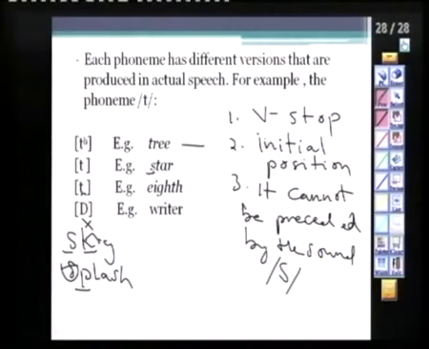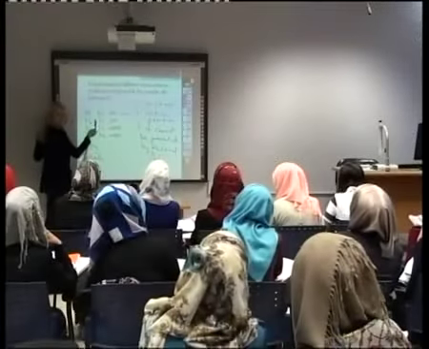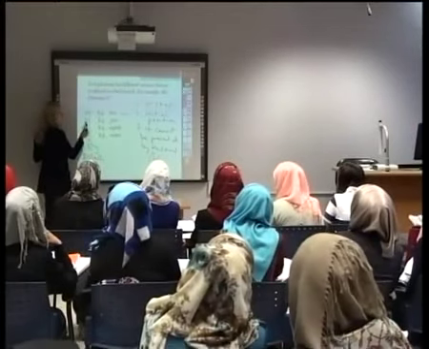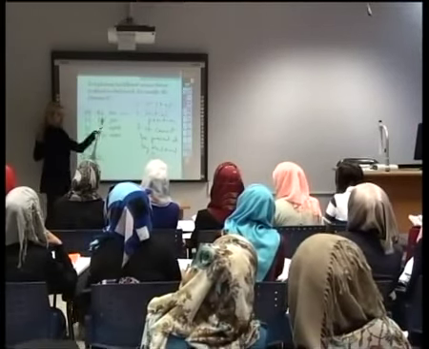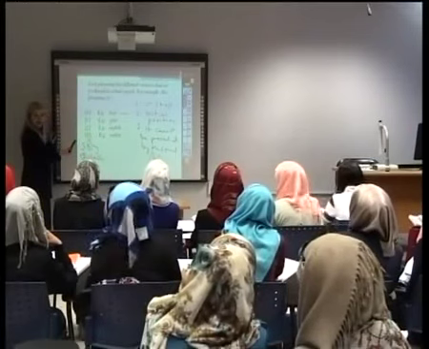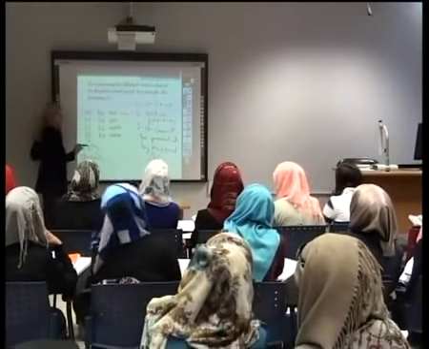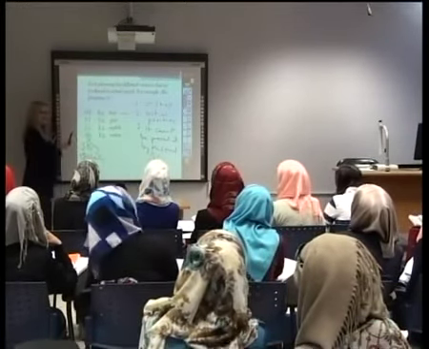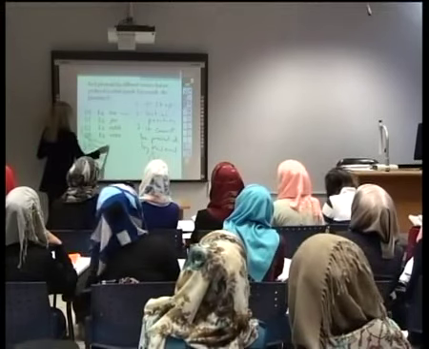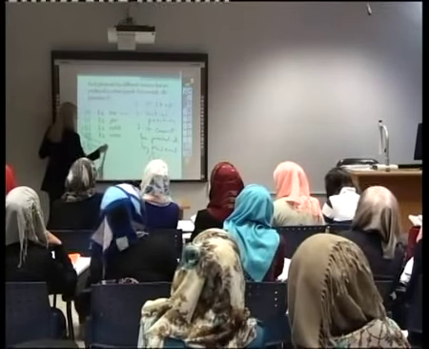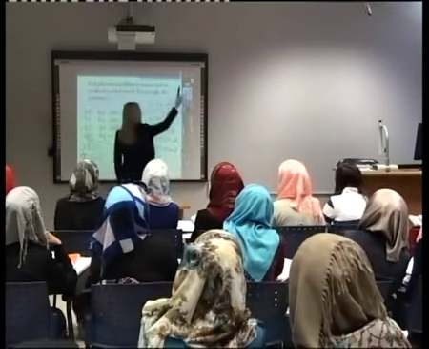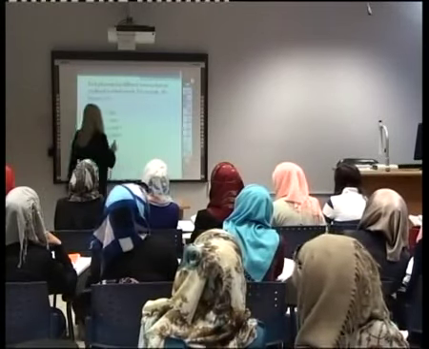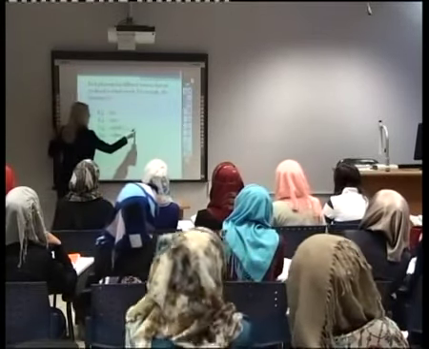Good? Okay. Let's continue. So we said the phoneme /t/ could have an aspirated /t/ if it's at initial position and it's not preceded by the sound /s/. Number 2, you could have a normal /t/ just like in /st/. You don't aspirate the /t/ in here, okay? Don't aspirate it because it's preceded by the sound /s/. You could have a dental /t/. This one is dental. Since you cannot do that, okay? So here, this is a dental /t/.